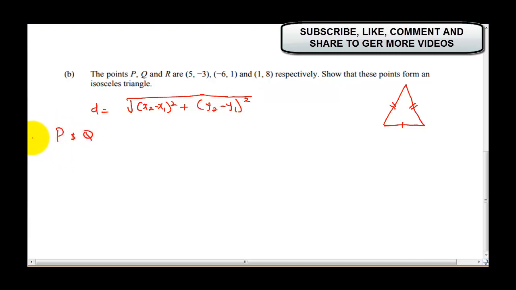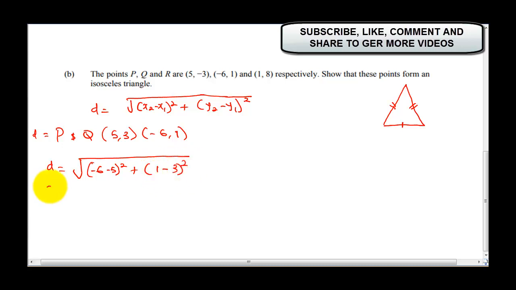Calculating the distance between P and Q, we have (5, -3) and (-6, 1). To find the distance, D is going to be the square root of, this is x2, that's our x2 here, which is minus 6, minus 5, all squared, plus y2 minus y1, which is 1 minus 3, all squared. Now D is going to give us the square root of minus 6 minus 5, which gives us minus 11, squared, plus